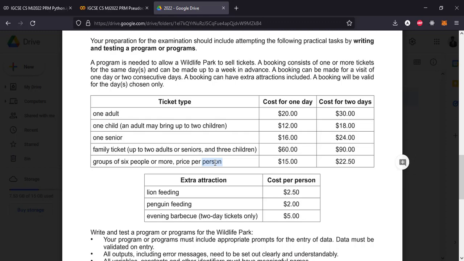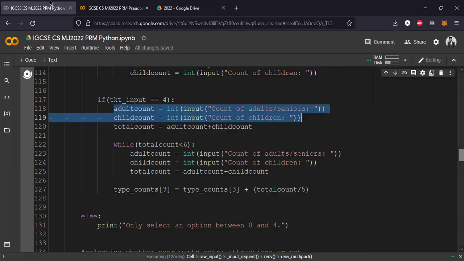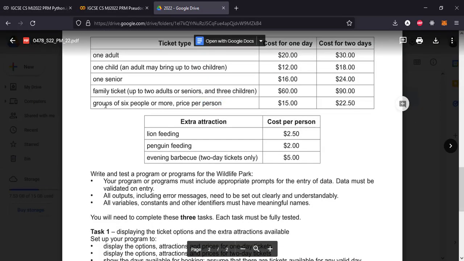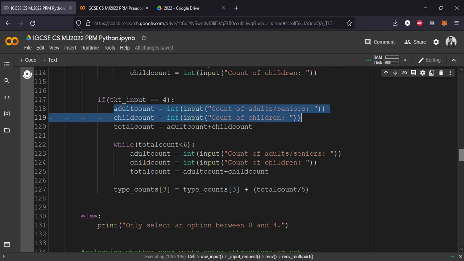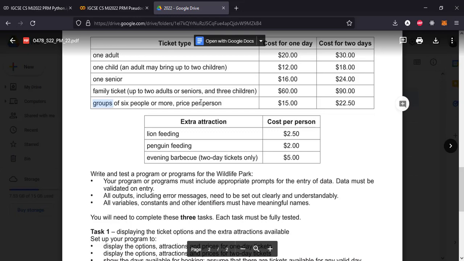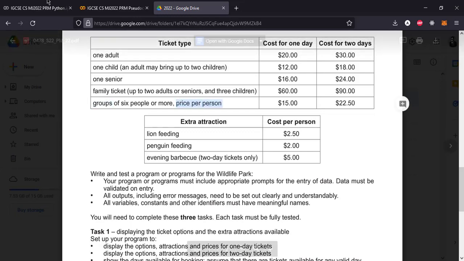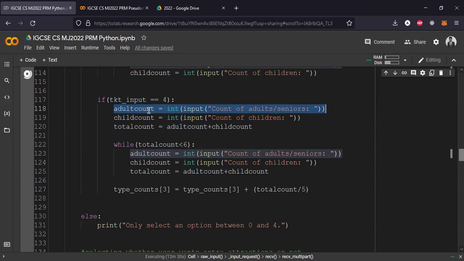But why do we do this in the program? Because if the user buys a group ticket, I have to calculate the price for the family tickets. And if the user buys family tickets, I still have to calculate the equivalent price for the group ticket. So this is what I'm doing here. Even if the user goes for a group where there is no differentiation between a child and an adult ticket because there is simply a fixed price per person, I am going to ask the user regardless of that how many adults and children they are bringing, and if the total count is less than 6,